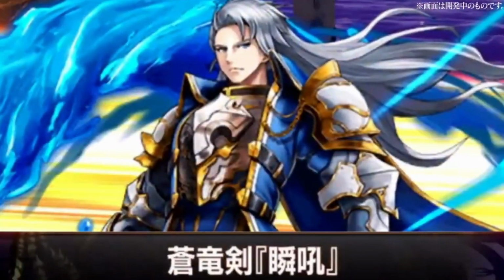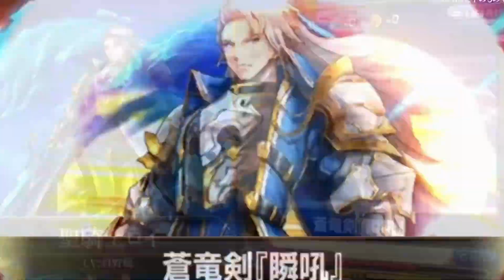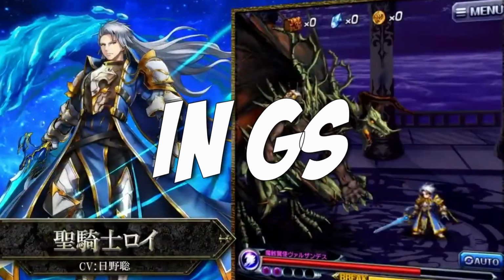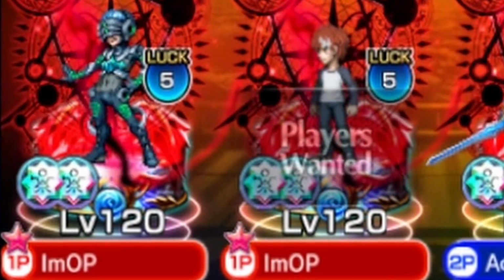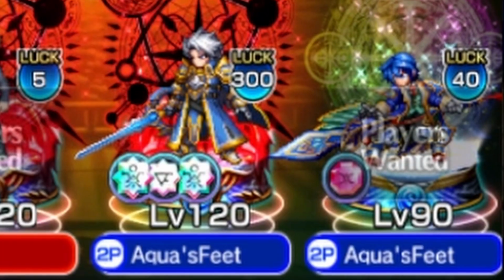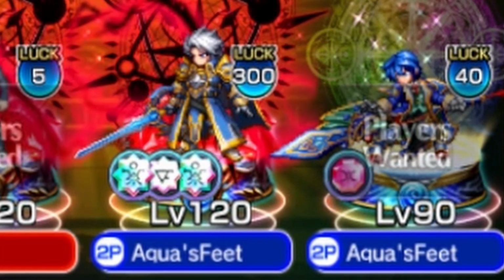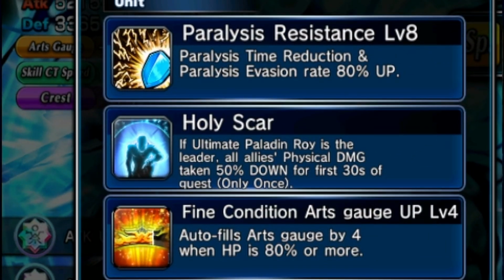I had my doubts before this video, but I can confidently say Holy Knight Roy is one of the strongest units in Grand Summoners. And this is going to be a very special video today because the man Jimbo is helping us out with this video, and he has a luck 300 Holy Knight Roy. Absolutely crazy. If he is the leader of the team, he's going to be able to give everyone a 50%